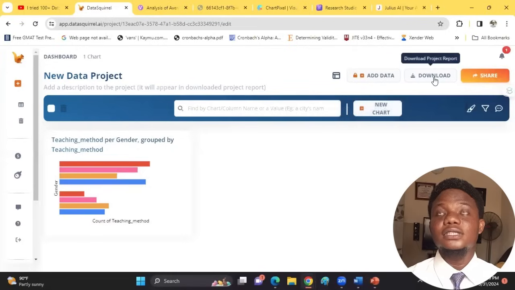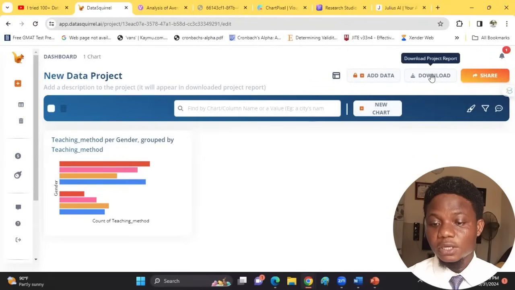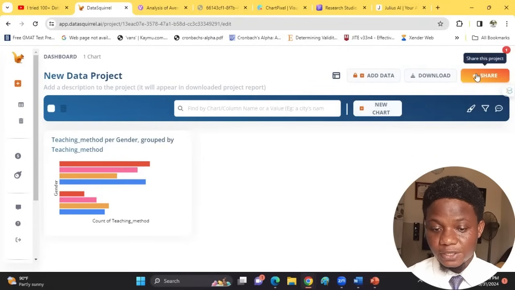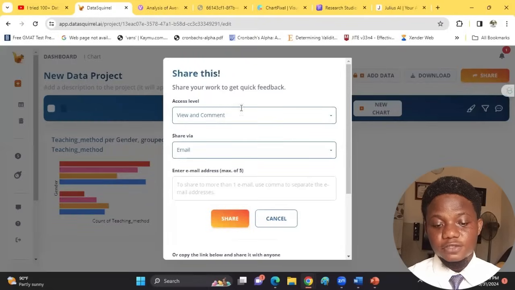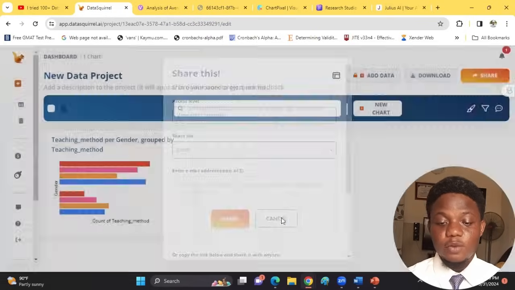When you're done generating visuals from your data, you can download the report or the visual. You can also share. If you click on this now, it will tell you to give some comments, put the email address here that you want to share with, and then you can share. But we are unable to do that because we are using the free version